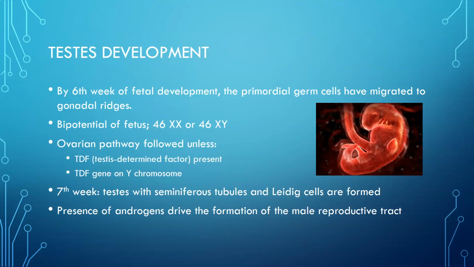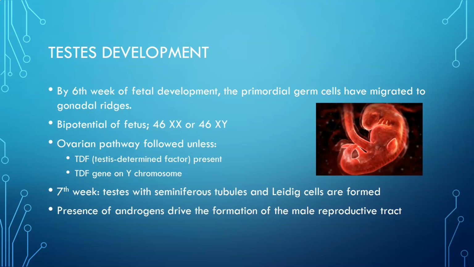By the 6th week of fetal development, the primordial germ cells have migrated to the gonadal ridges. The fetus is obviously bipotential, so it's either 46XX or 46XY, 46XX being female, 46XY being male. The ovarian pathway is followed unless the testis determining factor is present, and the testis determining factor gene is located